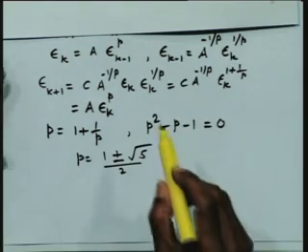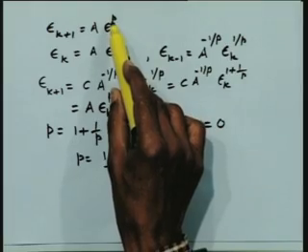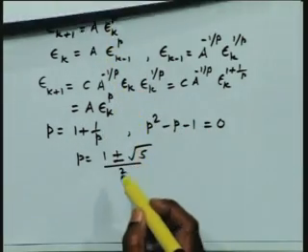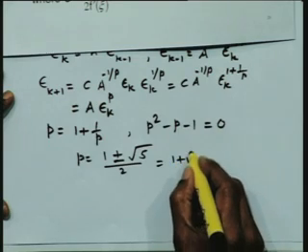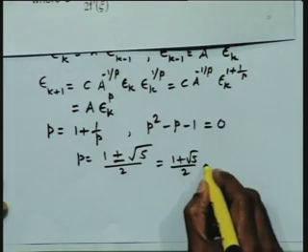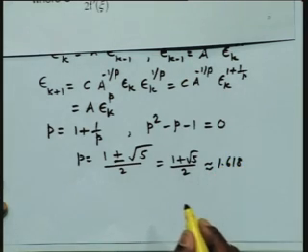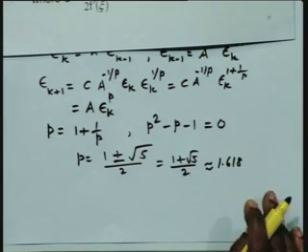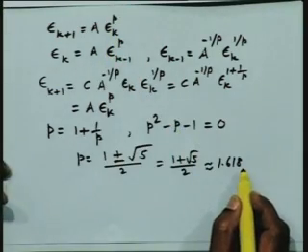Now, the power that we are using here in the definition is a positive quantity. Therefore, after the 2 roots I will choose the positive one, and that is (1 plus root 5) upon 2. If I evaluate this, it is approximately equal to 1.618. Therefore, the order of the secant method is P equals 1.618.